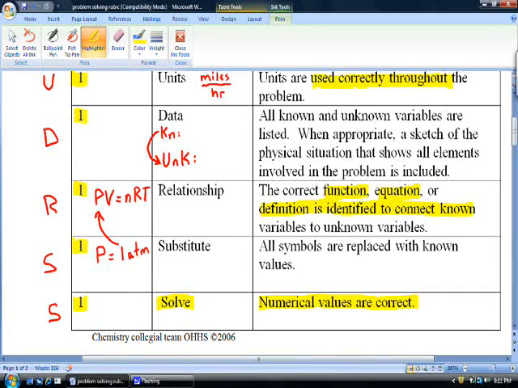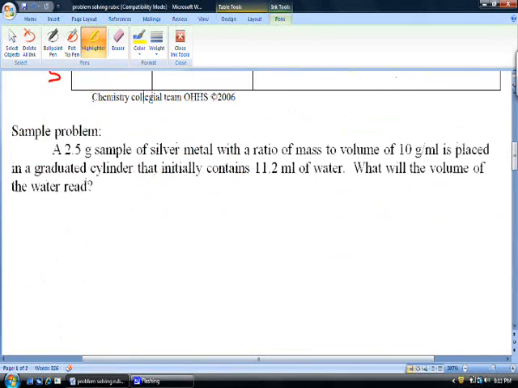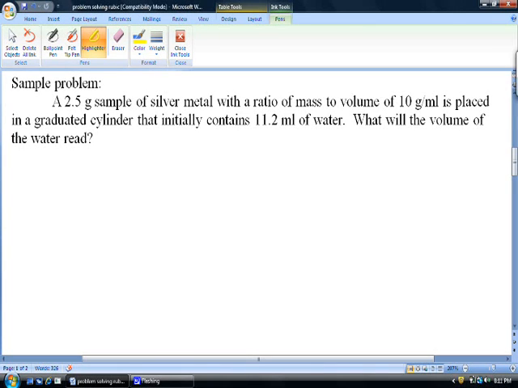Now, let's look at the sample problem that's just a little further down the page. Here in the sample problem, we see, let's go through here and look and see if we can cover